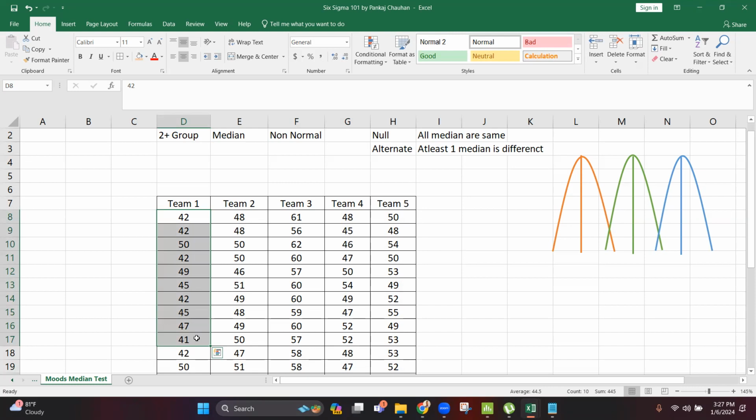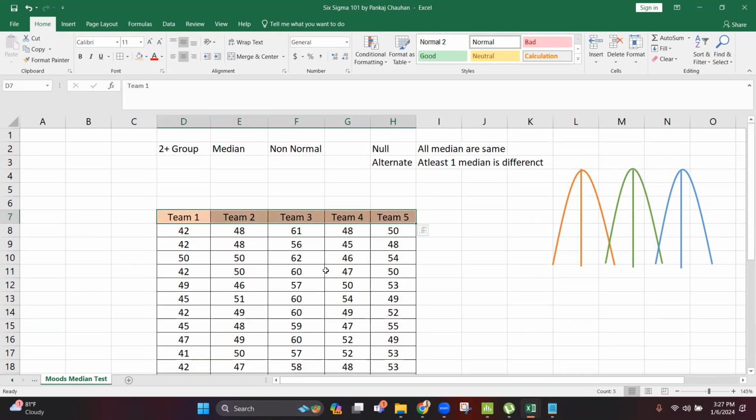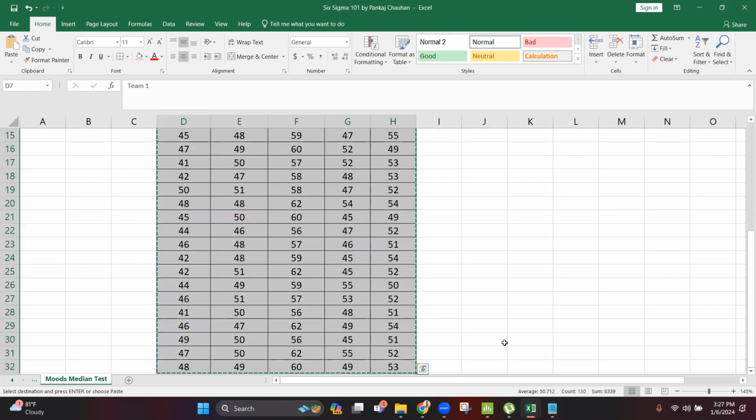So I wanted to compare whether the medians of all these five teams are statistically the same or different. For that, we perform the Mood's median test. The assumption is that the data is non-parametric, or not normal. We need not worry about checking. We are assuming not normal, but still, if you want to check, I'll tell you how to check the normality